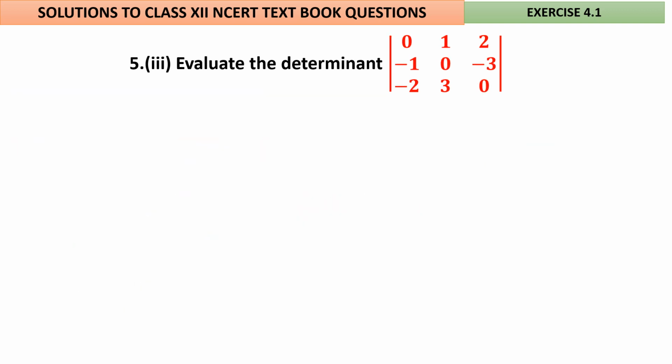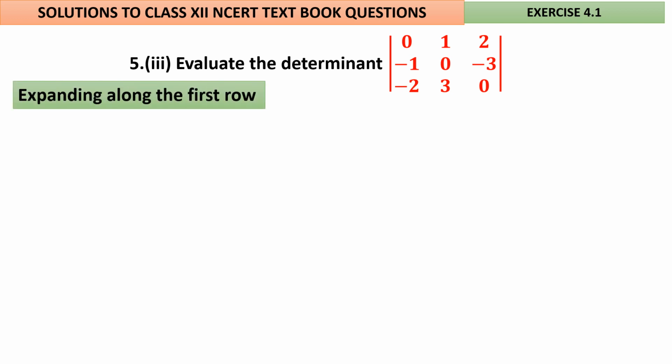Well, the third one, and here the first row, second row, third row all have zeros. If it is a matrix, can you recollect what type of matrix it is? Well, I think you have found it. The diagonals are zeros and the upper diagonal elements are 1, 2, minus 3, and minus 1, minus 2, 3. A skew symmetric matrix has been given as a determinant over here. Just recollection.